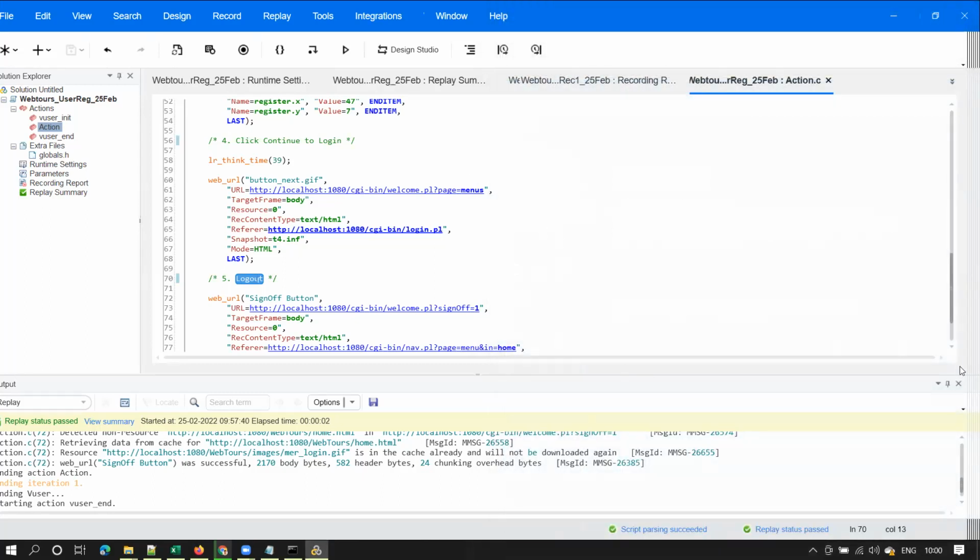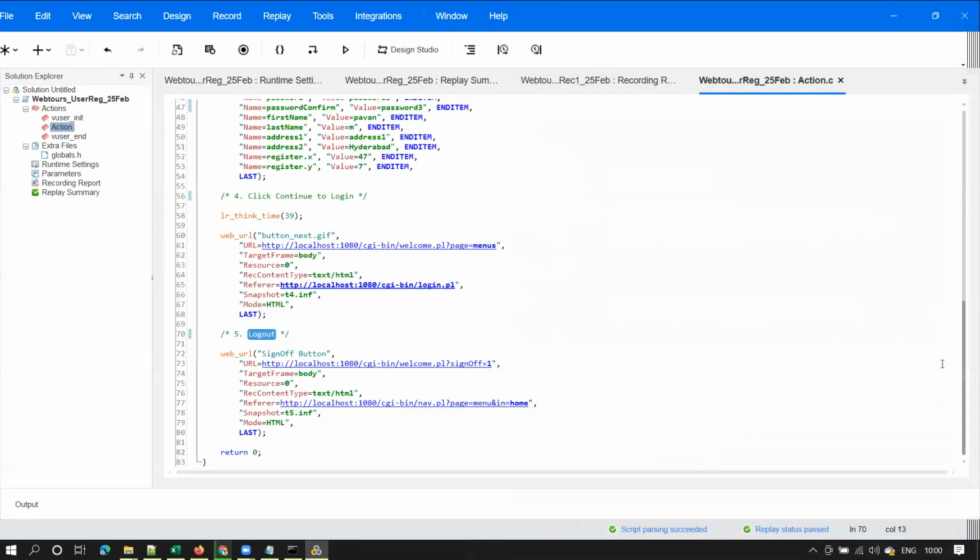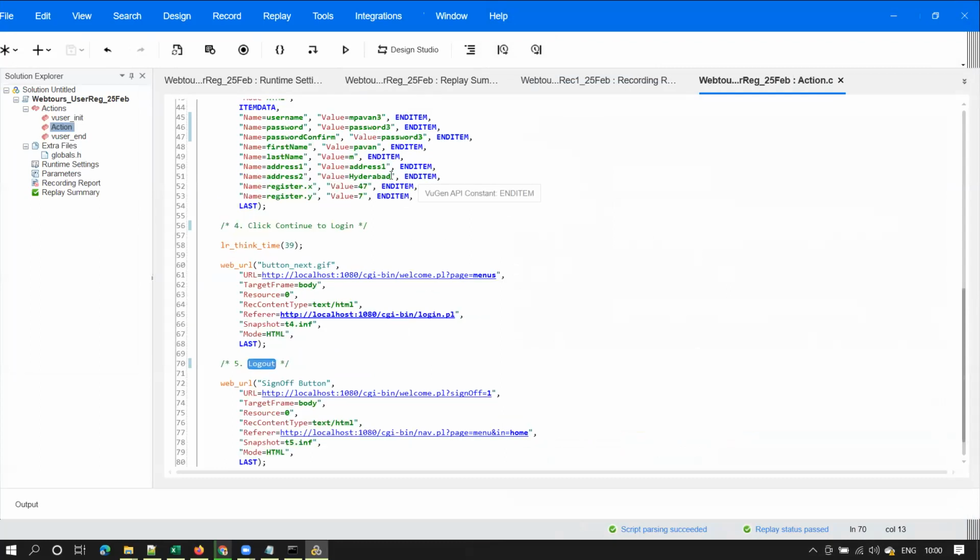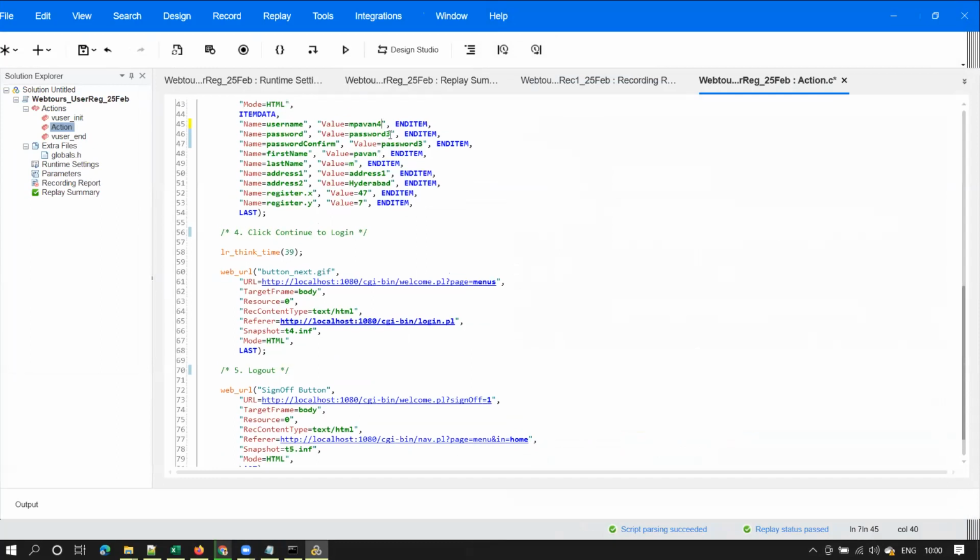Okay. Now we know your script is ready, right? So whatever you were doing manually before, now you are able to do with the help of the script, just by changing the values here, just by changing username and password here. Yes or no? Yes, sir. So what we'll do is, now I want to register one more user ID with this username and password, right?